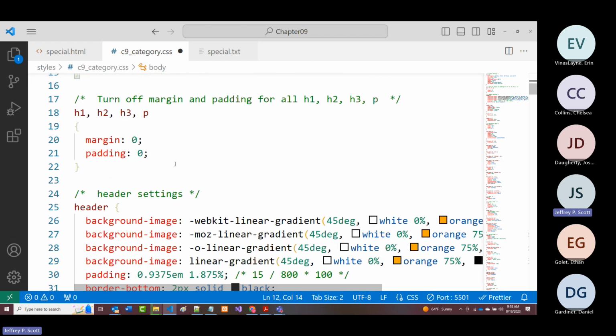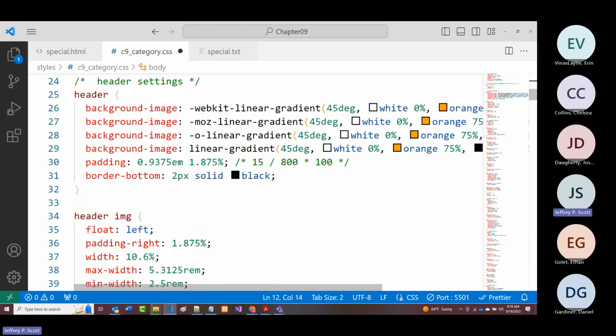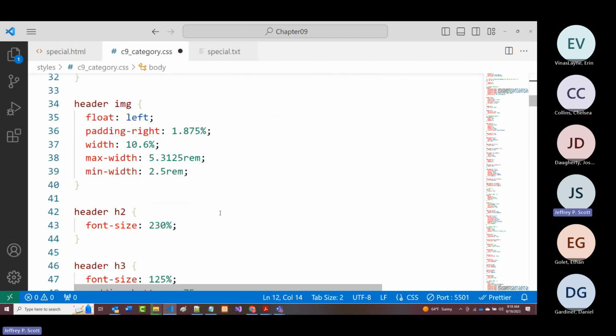We turned off the margin and padding for H1 tags, H2 tags, H3 tags, and paragraph tags. All right. Here is where we went in and we set up our gradient. I don't think we changed anything in there. The biggest changes that you should be seeing in here is, for example, I'm looking here at that header image. All right. And I think that's wrong. All right. What do I mean? Well,